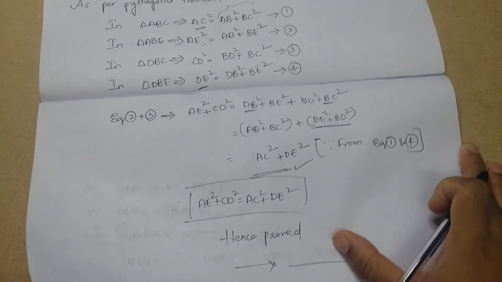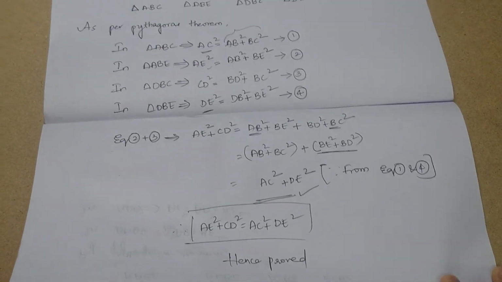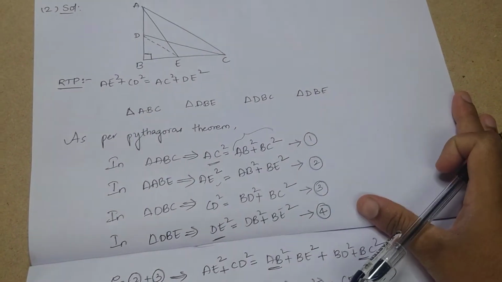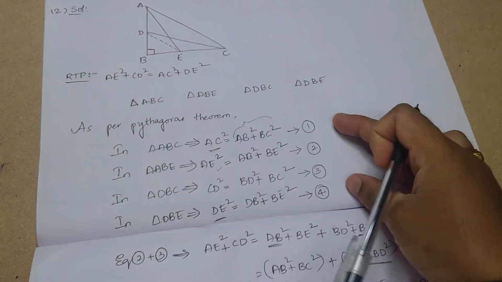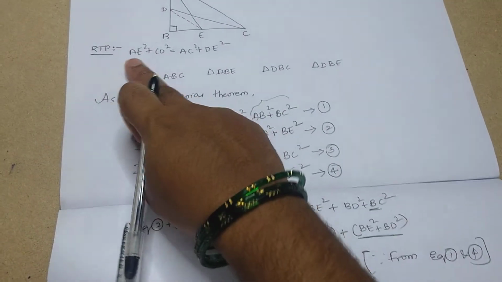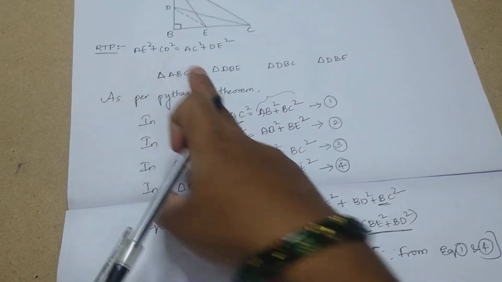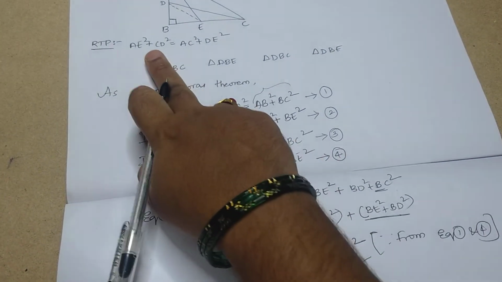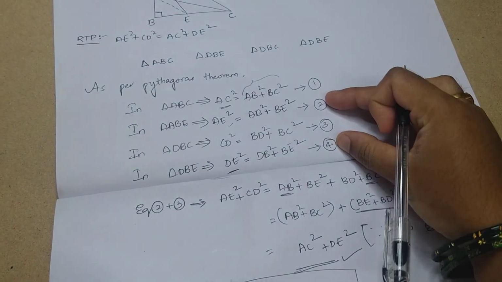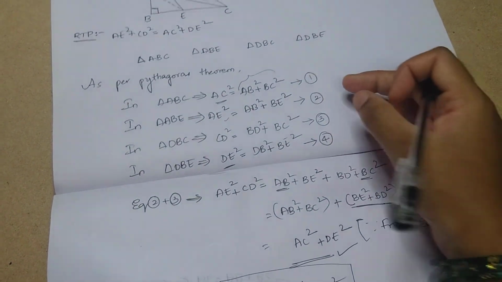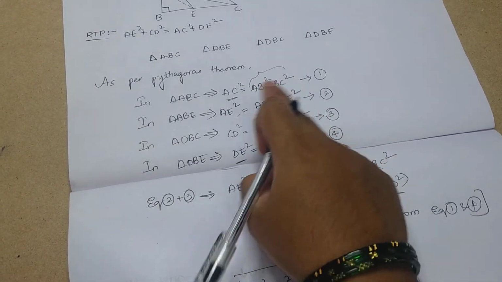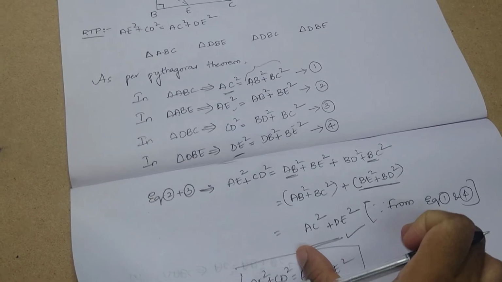It's very simple. You just have to find out the right angle triangles in the given triangle and just apply the Pythagoras principle to the right angles. After that, just frame the equations here. Just observe the LHS part. Whatever was there, you just do the addition, because here the function is addition. So here I have added equation 2 plus equation 3. In the RHS, whatever was there, I have just continued here.